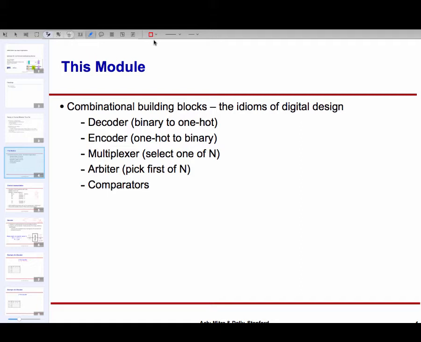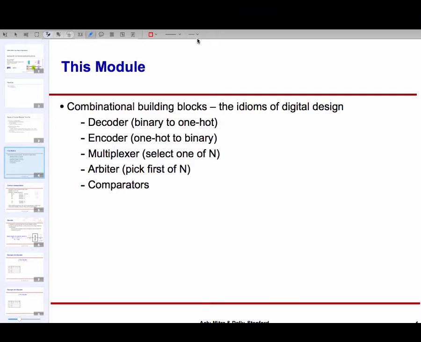Okay, so we had moved from making arbitrary mathematical functions using Karnaugh maps or these kinds of techniques to one where we said, look, let's create some useful building blocks, and then we can make more complicated stuff out of these building blocks. And last time around, I introduced 3 of the 5 building blocks that were of interest here.